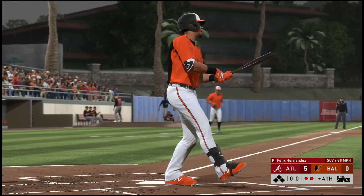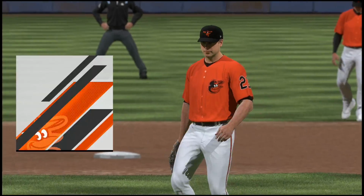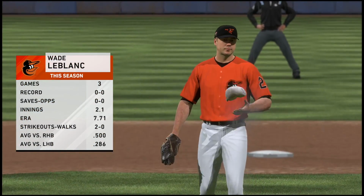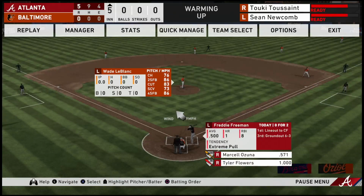Swing and a miss at a big breaking ball, and that's how the inning comes to an end. Wade LeBlanc will come on now and take the ball for the 4th time this spring. All set for the start of the